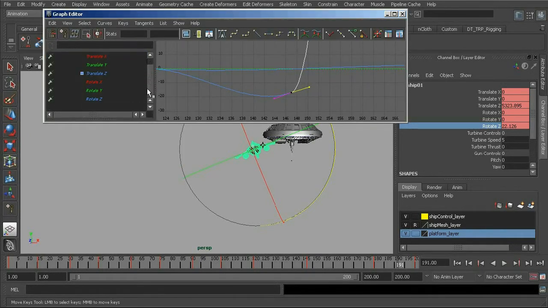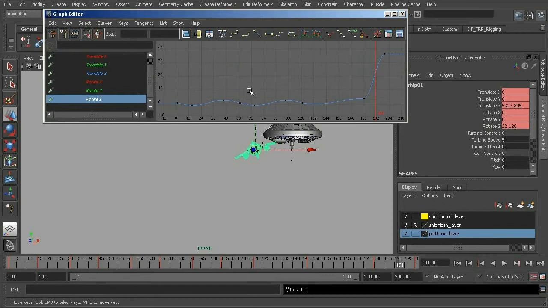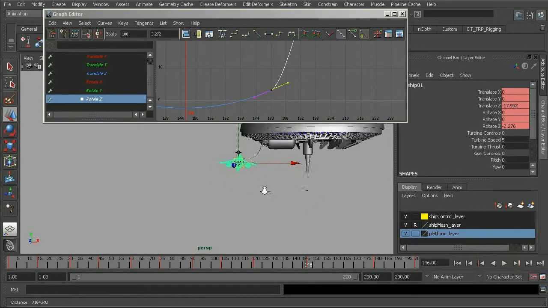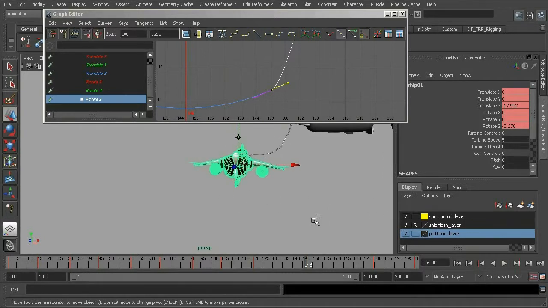So let's go ahead and focus on our rotation Z, frame this up. We can see that we can smooth out the key a little bit more on 180. Let's grab our out tangent and start to drag this up a bit to get a smoother roll. Great. And then we can add some rotation Z movement at the beginning